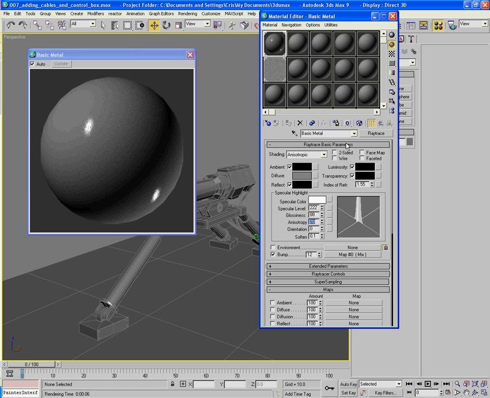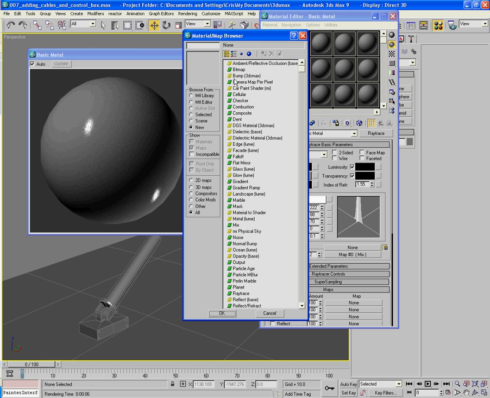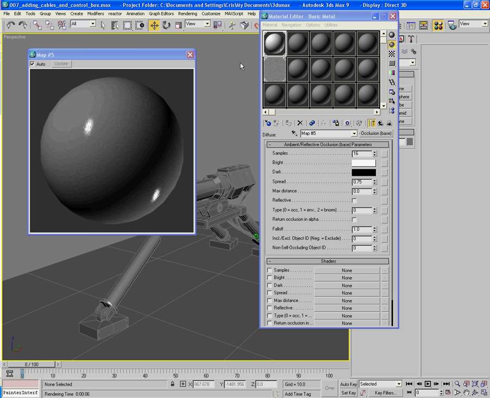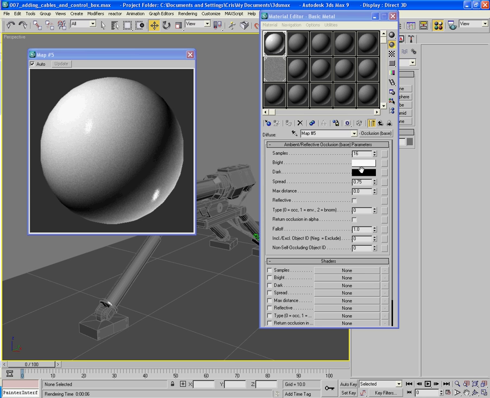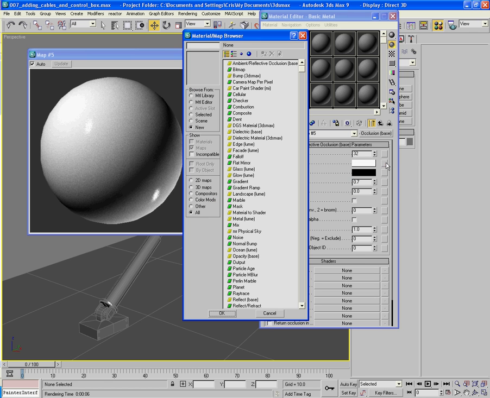Nice long highlight. Okay, back into the diffuse slot here. And in there, I'm going to go for an ambient reflective occlusion base. There we go. And I'm going to change my samples here to 32. The spread, I'm going to reduce a little bit, I'm going to make it 0.7. I'm not going to make it reflective, and in the bright area here, I'm going to pick a nice metal